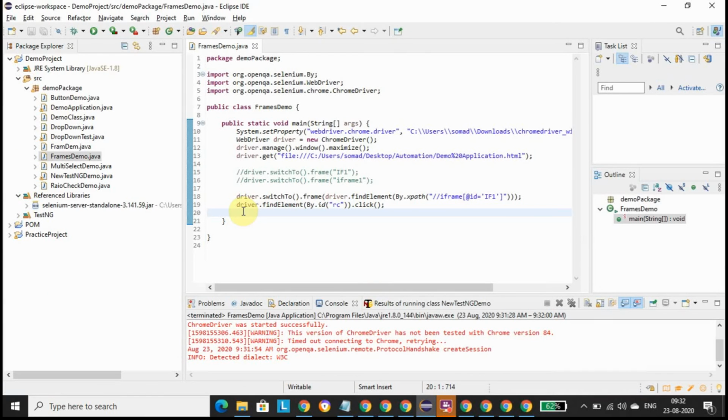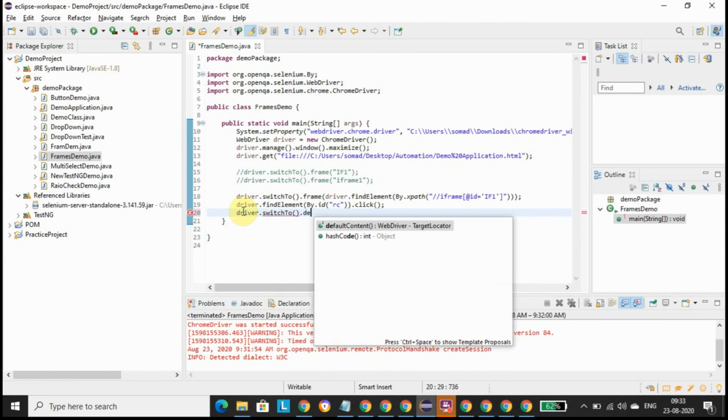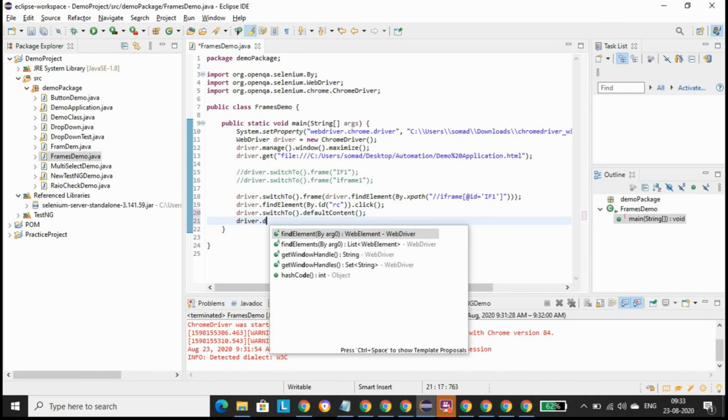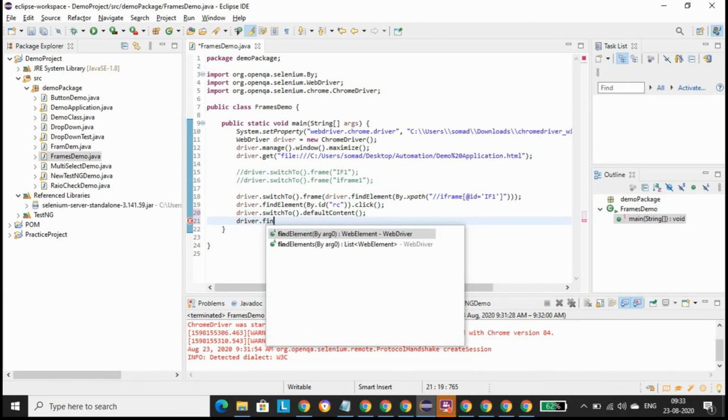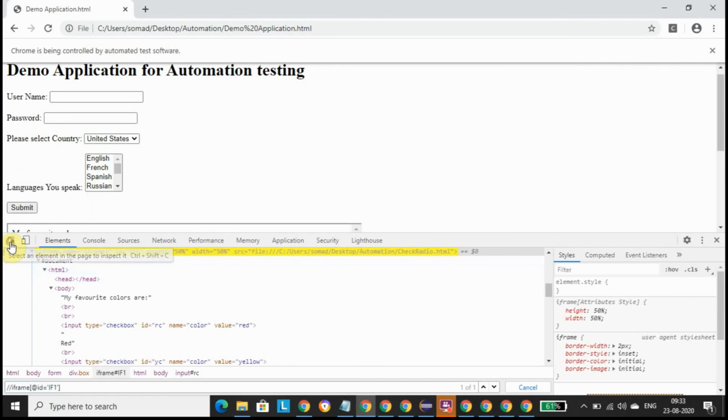We have to write the statement driver dot switch to dot default content. Now the program can access the elements available in the main page. So driver dot find element by dot, let's inspect this username field.